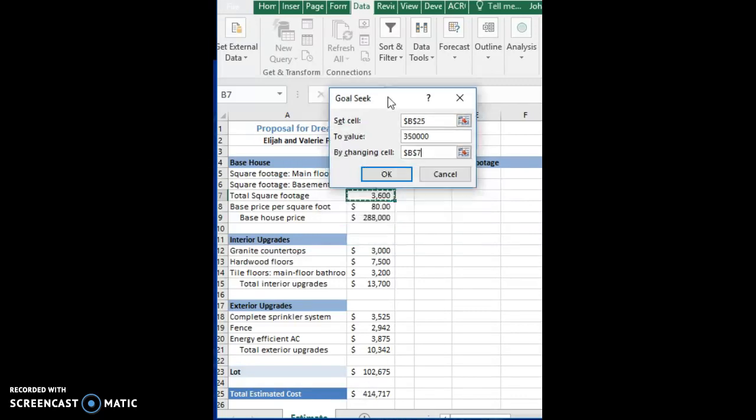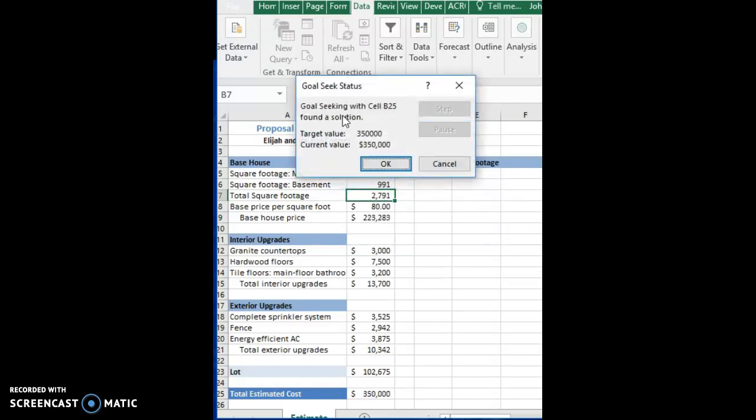Watch the total estimate amount and the total square footage amount as they run through. And did you